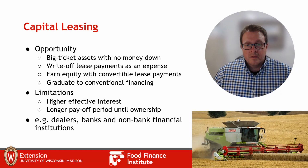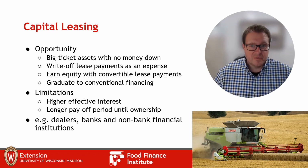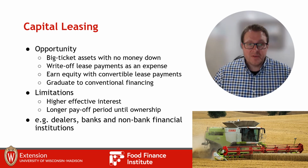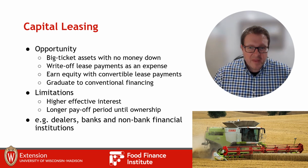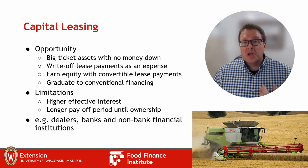While we're talking about big ticket items, there are some things in agriculture and other types of rural businesses that have gotten so expensive that people who are selling them are trying to find alternative ways to allow buyers to get into these things without traditional loans. One of these ways is capital leasing. This is essentially getting yourself into a big ticket asset that's not through a loan, it is through a lease, and that lease has payments as a normal operating lease would, but instead of being a normal operating lease where you give the asset back at the end of the period, you're actually earning equity towards this item with convertible